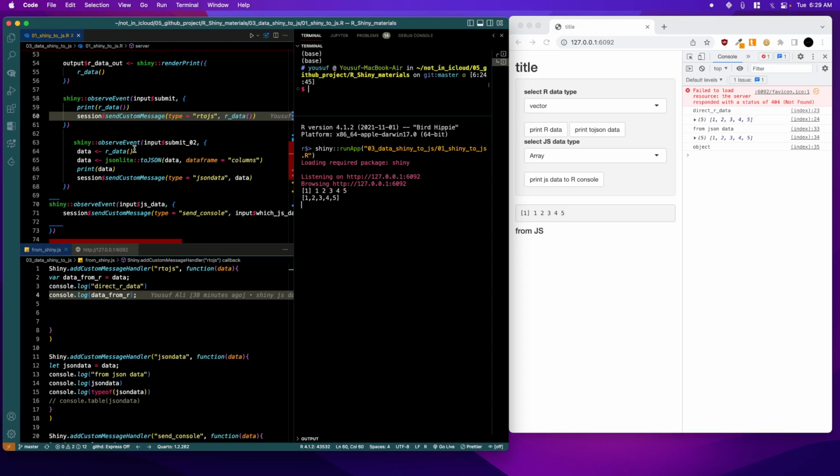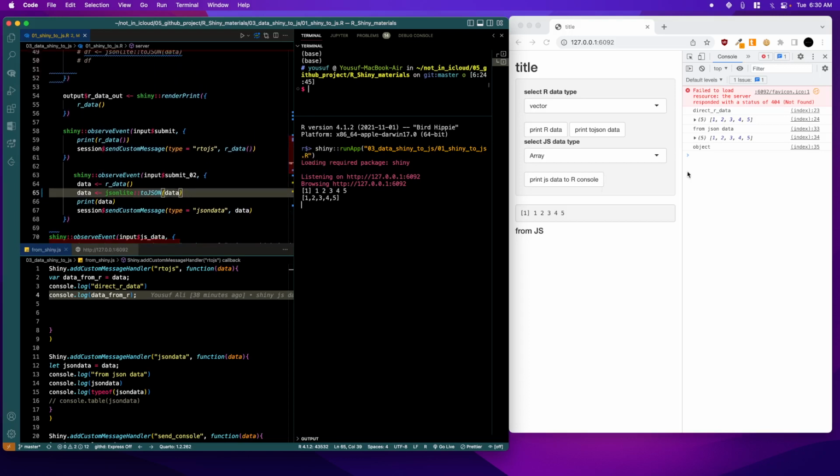So R data, and then I don't need this part. This part is only for data frames. So toJSON data, this is the same, it makes an array. So behind the scenes, Shiny converts the vector to an array, and the list, this is the list 1